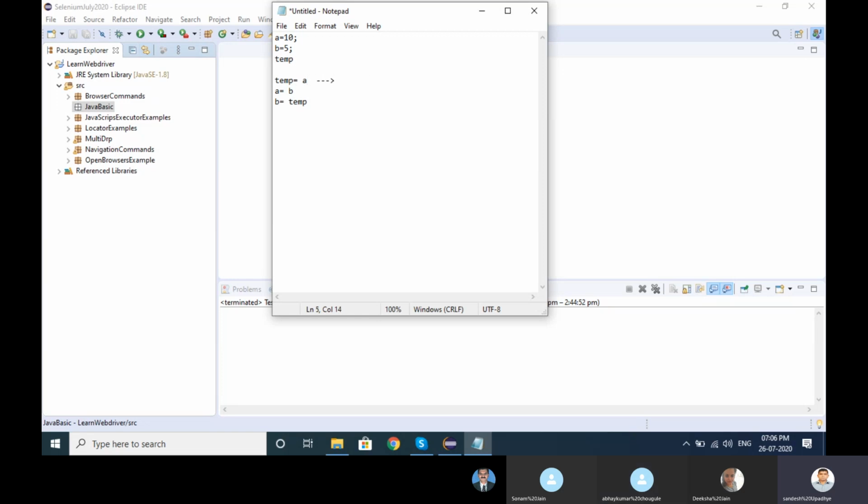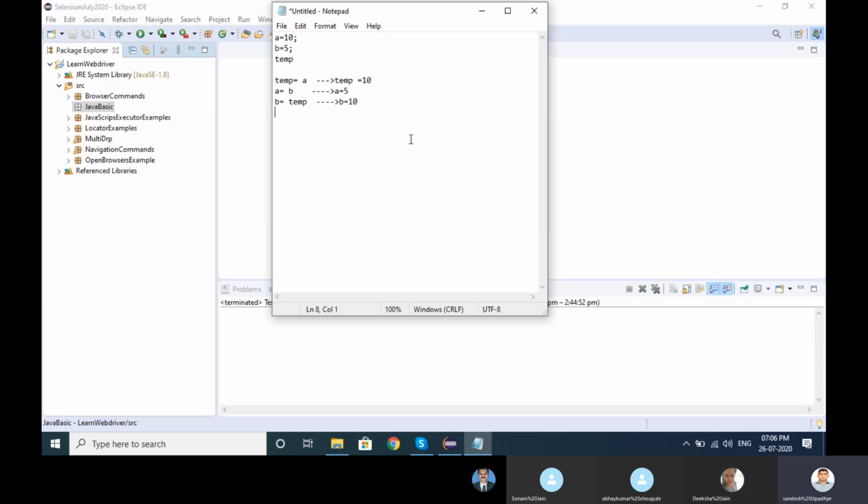So now A value is 10. So in the temp, it will store temp as 10, right? Yep. Then here, what is the A value now? After assigning B to A, A value will be 5, right? Yes, correct. Now it will assign B value, meaning B is equal to 10. This logic is perfectly correct.